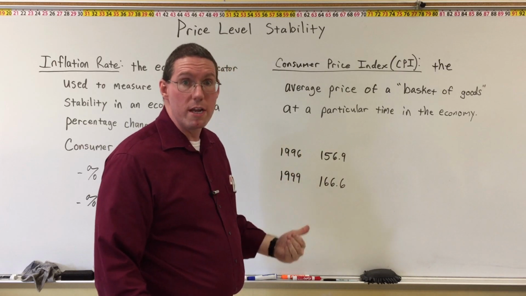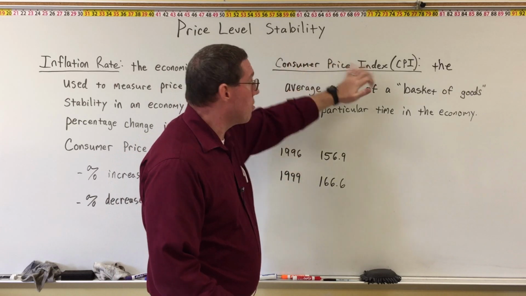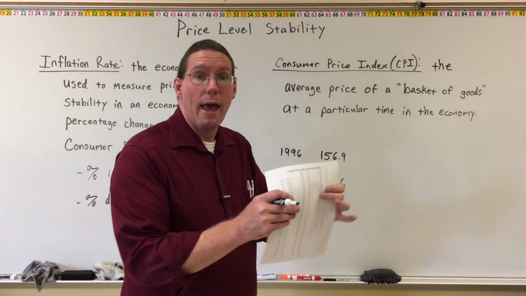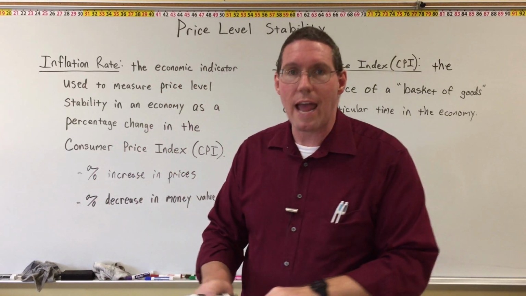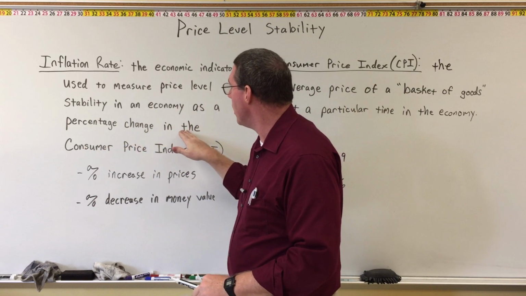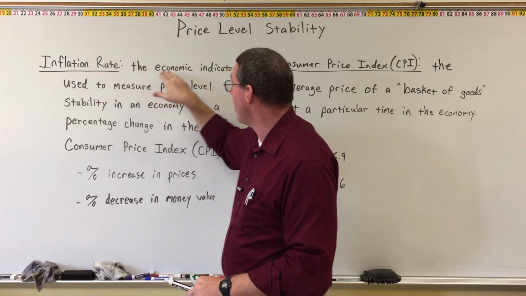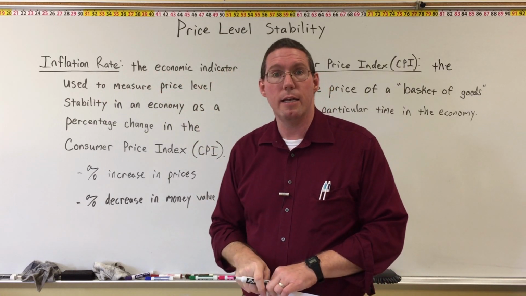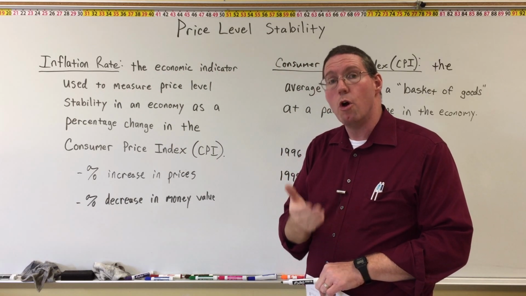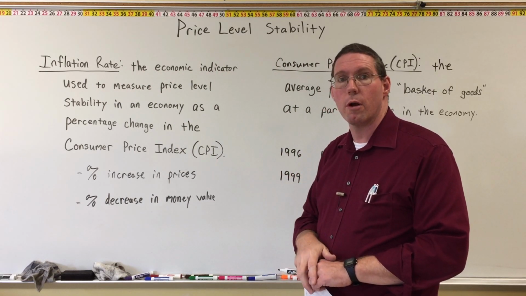in this 3 years. Now, what we do then is we take this consumer price index, these numbers all here, and we use them to create a percentage change in the prices of things, and this inflation rate then becomes our economic indicator for price level stability. And what we're going to do now is I'm going to show you the calculation, the formula for the inflation